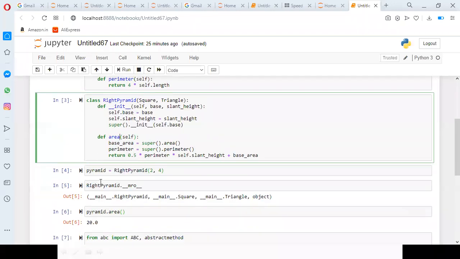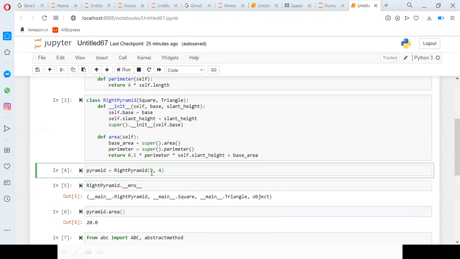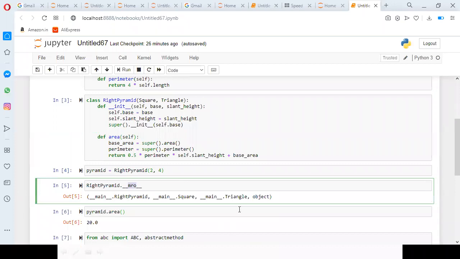When I create the object pyramid equal to RightPyramid, it will be created. If you want to know the process of method resolution, which method it is calling and everything, there is the MRO. The MRO, method resolution order, explains how it is going to execute and which method is called first. First the RightPyramid object is called, then Square, then Triangle, then object.